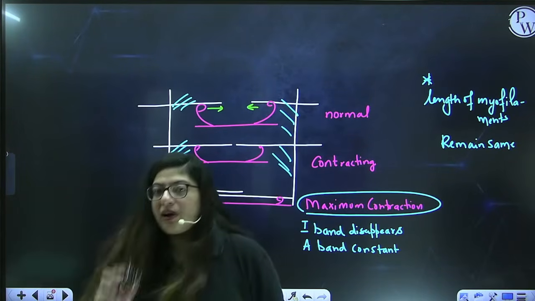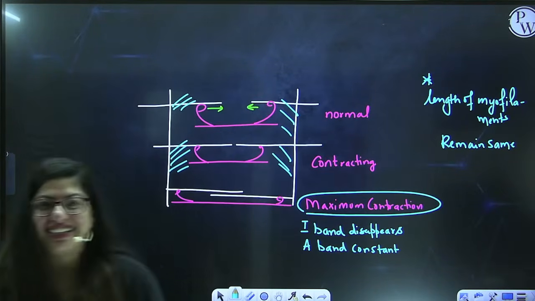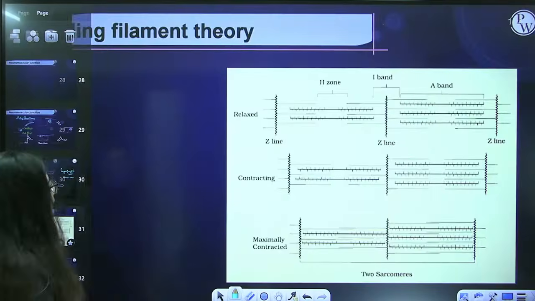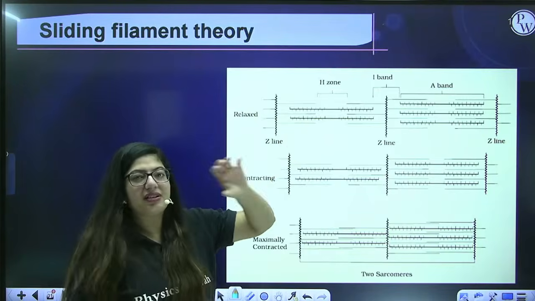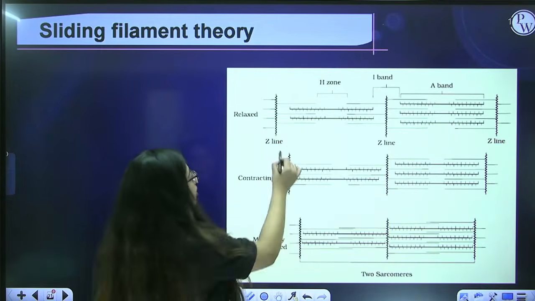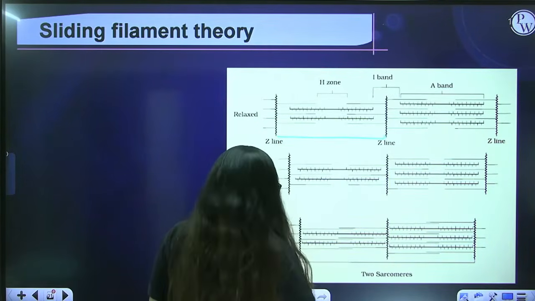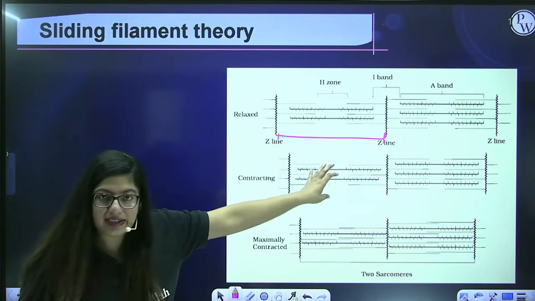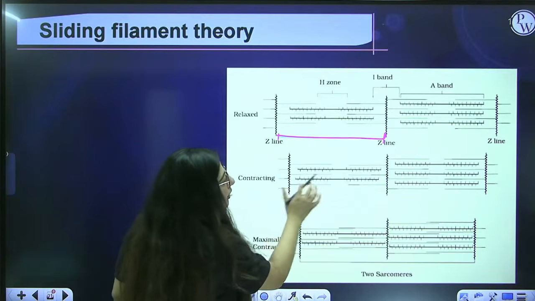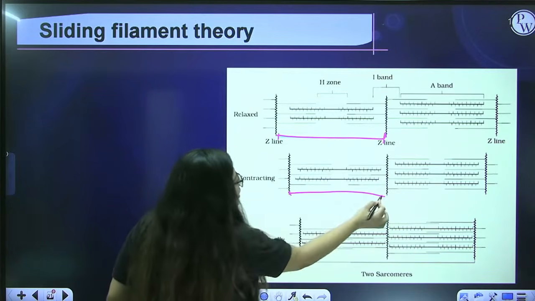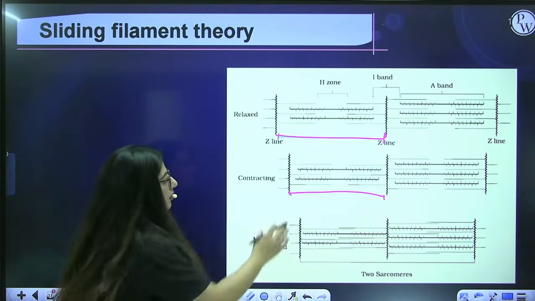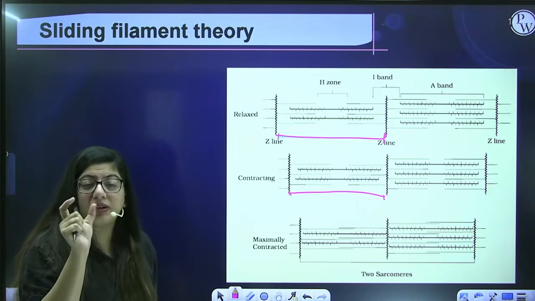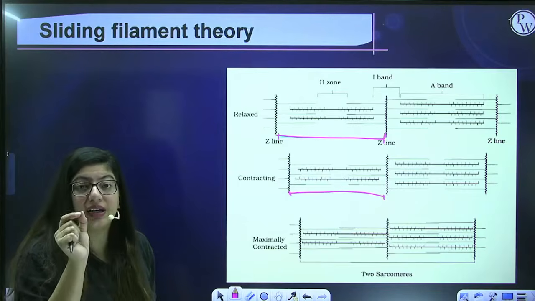Okay, so let me just pick up my iPad. All right. So let's see this diagram of NCERT. In this, you can see this is a muscle when it is in a relaxed state. This is the length of a sarcomere here when it is in the relaxing phase. Okay, when it started contracting, you can see the length difference. This middle line is constant. They have just reduced this one to tell you that the sarcomere's width is decreasing.